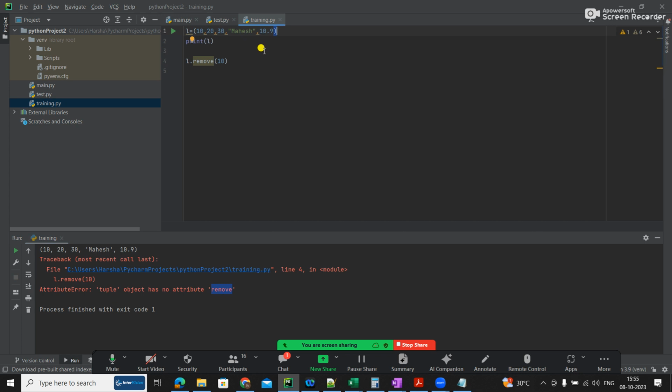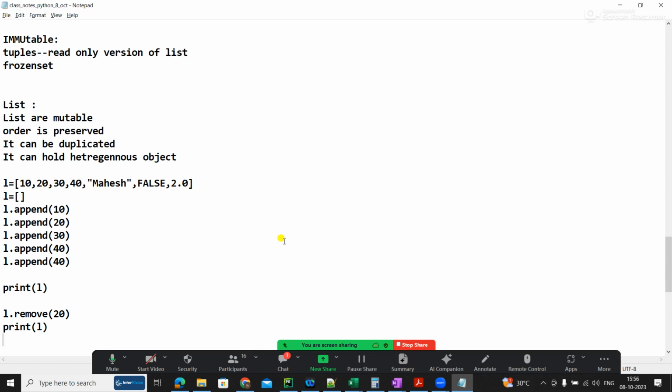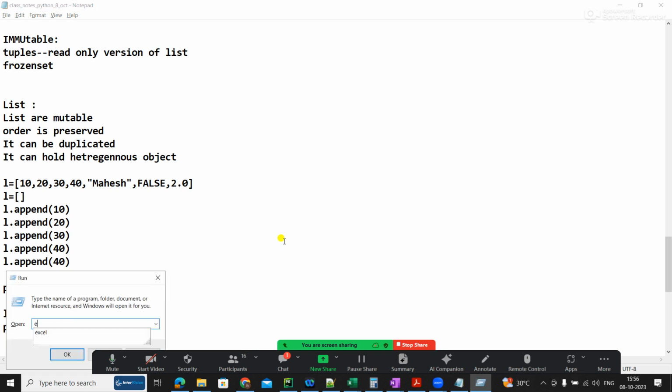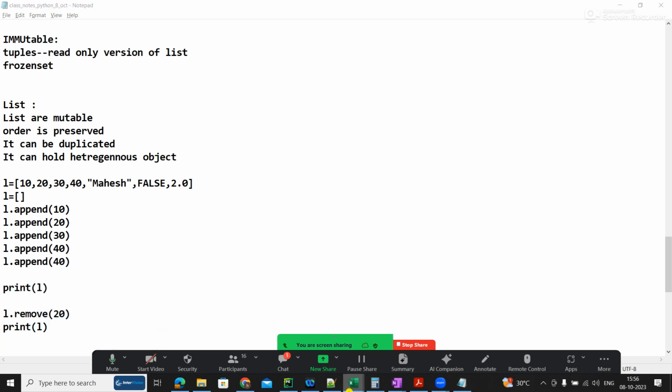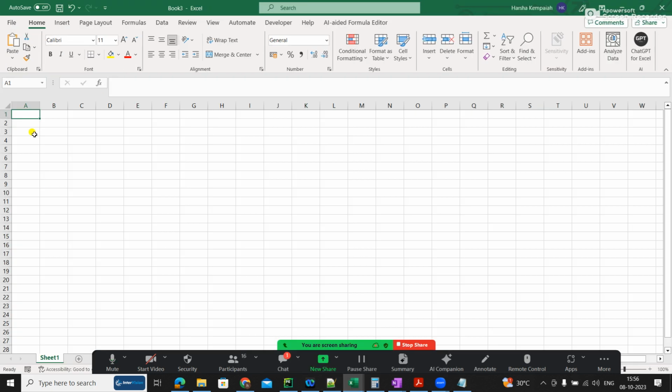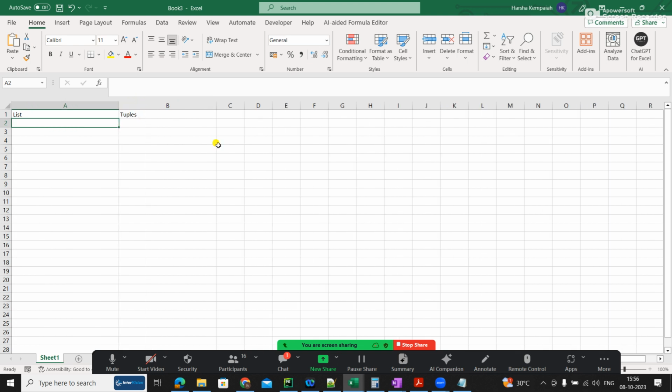That's what you have to choose in a project. As I told, whenever you want to constantly remove, add, update, you choose list. When you want tuples which should not change, use tuple. And there can be a question even in the interview, like tell me the difference between list and tuples. So if I make list and tuples, one is, you should always see, this is a common question, even if you are 5 years, 6 years.